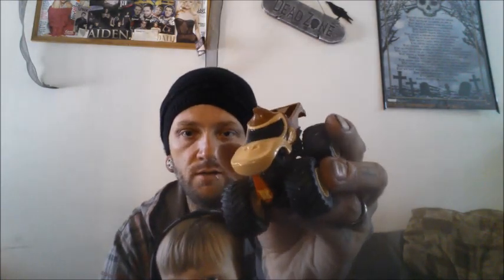This one's like a wagon or something like that. It's pretty cool. And then this one is really cool, Donkey Kong monster truck. So he's got a whole bunch of these monster trucks. So I picked them up. $10 for everything. That was a really good deal. Here you go, buddy. Go back over there and play. All right. So next